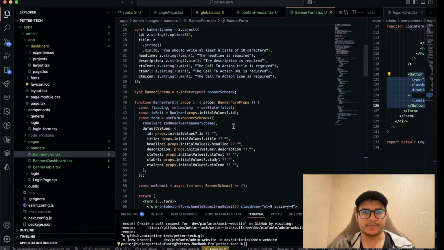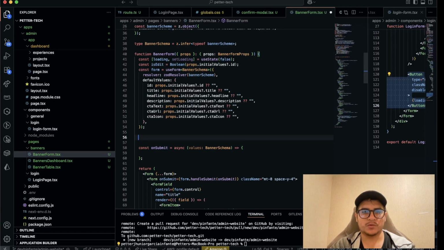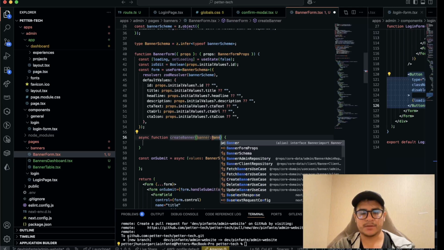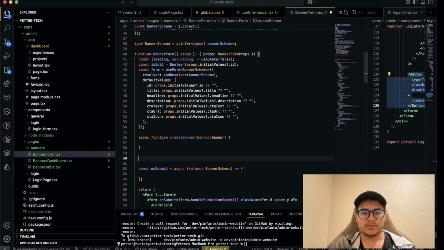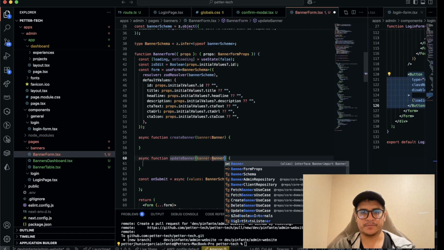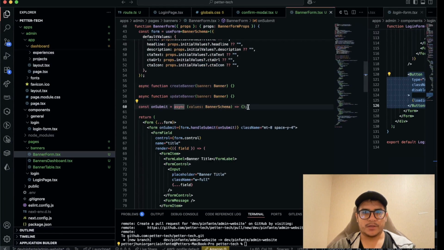To do that, we need to create two new functions here. A think function, create banner, and also an async function, which is update banner, which is a banner. Okay, so here